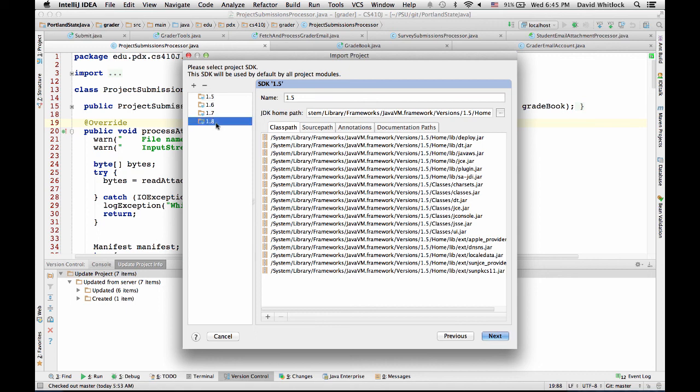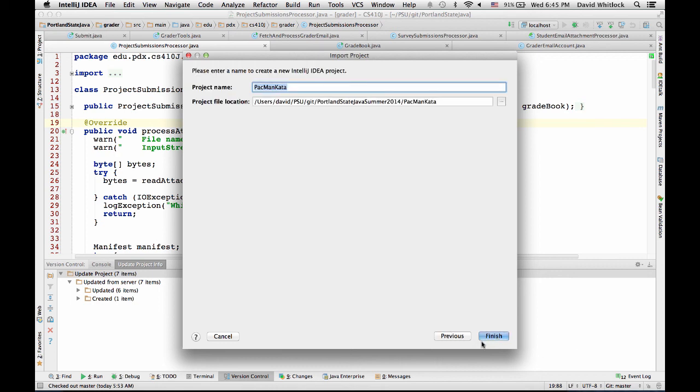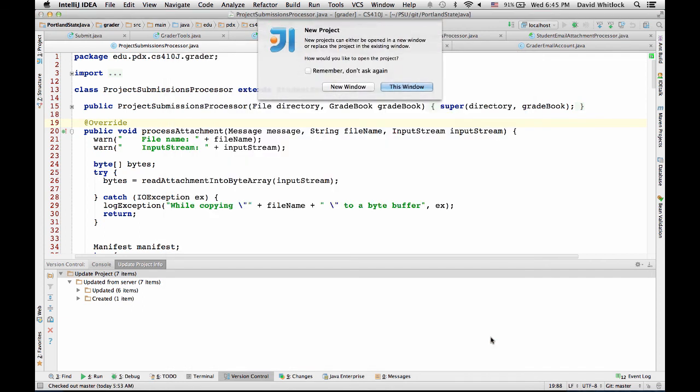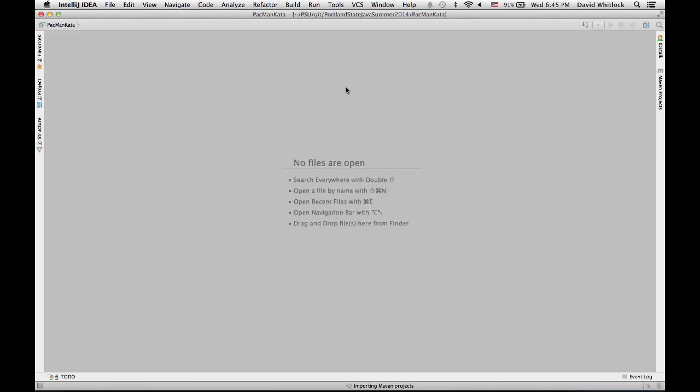Use Java 8. I see a grader profile come up when I import. Oh, okay. So there's something called a Maven profile. If you use dash capital P, it says, hey, run Maven with this profile. What a profile allows you to do is configure Maven plugins differently.